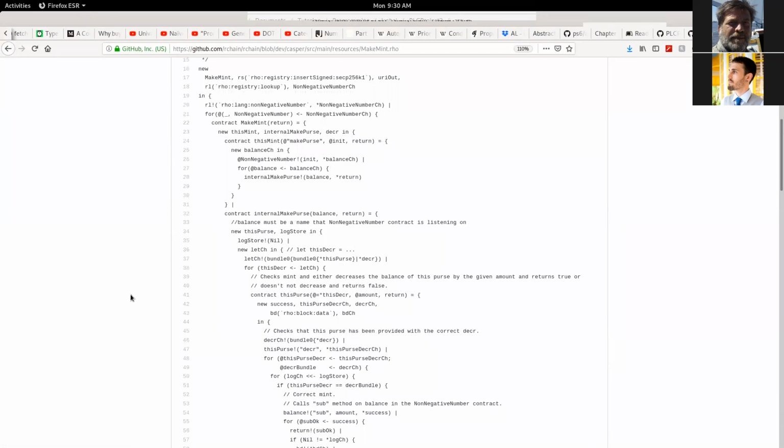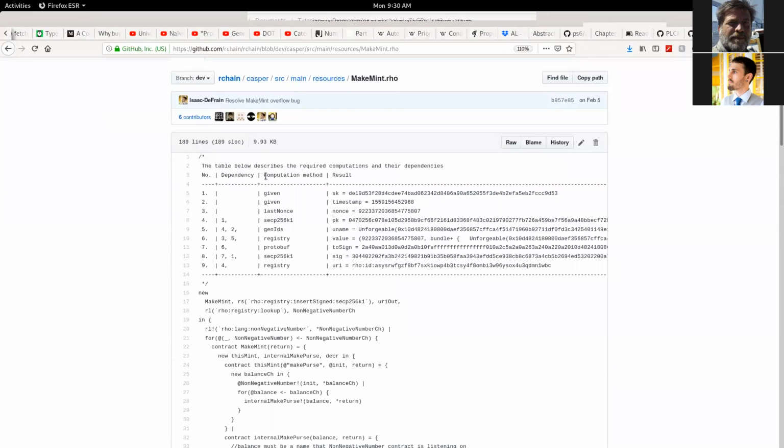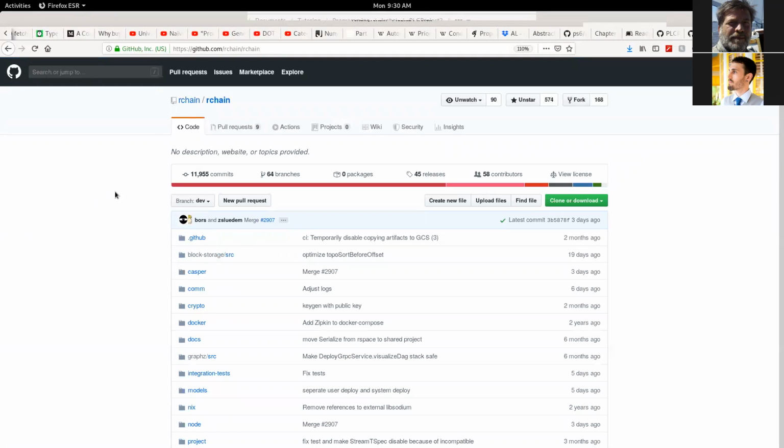Now, how do you get? I don't see a dev branch. Don't see a dev. That is really? When you go to RChain, what branch is it on? Because for me, that's the one that shows up automatically.